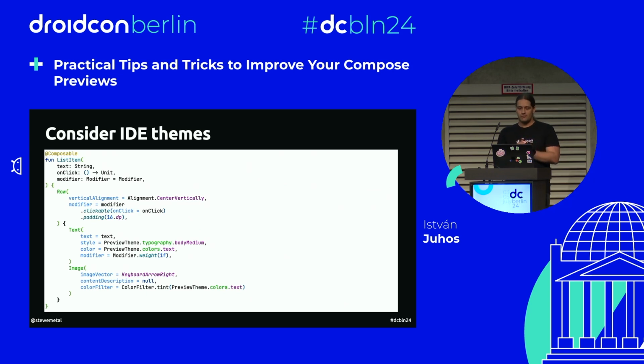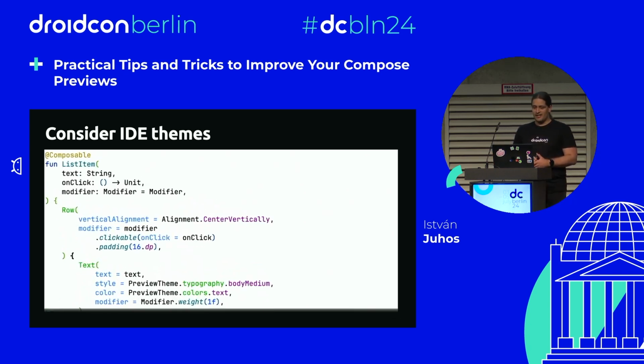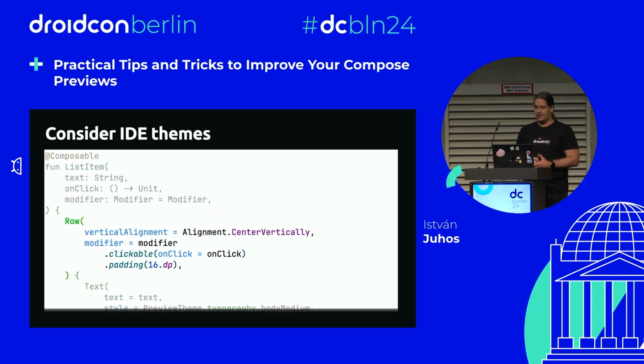Okay, so let's say one developer gets the task to implement that list item composable, or any composable, but we'll stick with this list item. That developer is a fan of light themes, so they use the light theme in their Android Studio instance. They write their code, and of course, they are aware of performance impacts of overdraws, so they don't add a background to this composable. As you can see, there is no background specification in that row